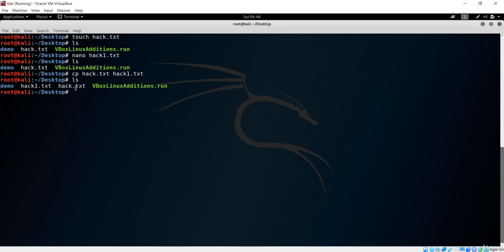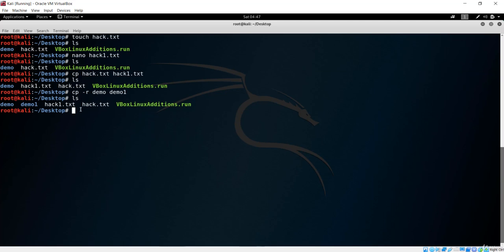You can also create a copy of a directory and everything in it using cp with the r attribute, and you can simply copy the directory. So if I say demo, which is the directory inside this desktop, and let me say demo1, everything will be copied inside demo1 with this r attribute. If you simply say cp only, then that is for file names. If you want to have directories copied, it should be with the r attribute.